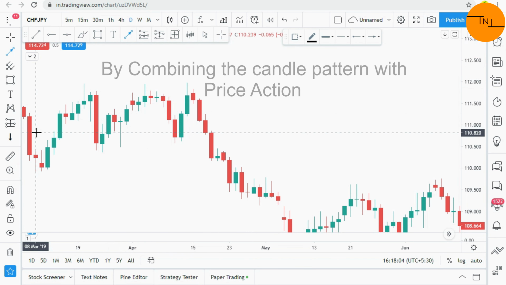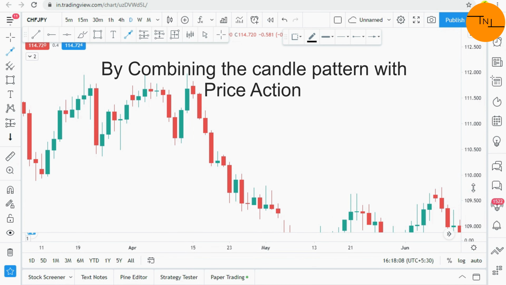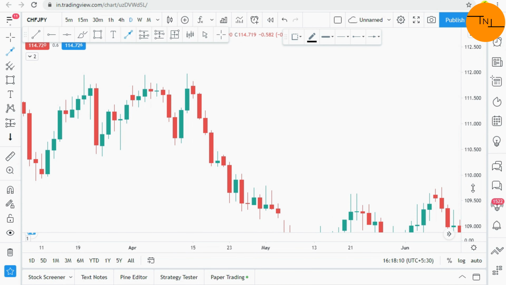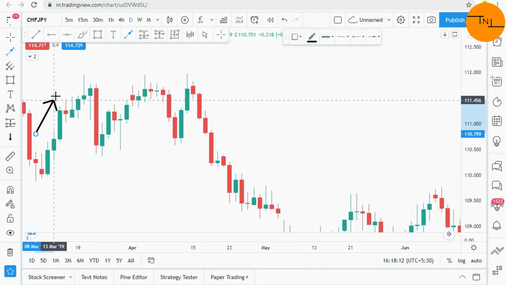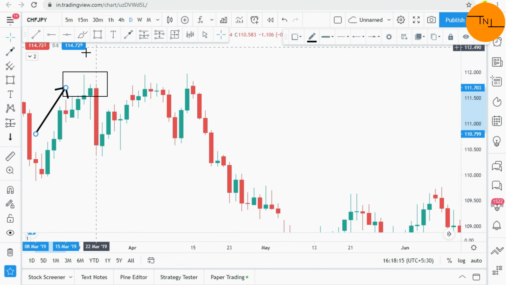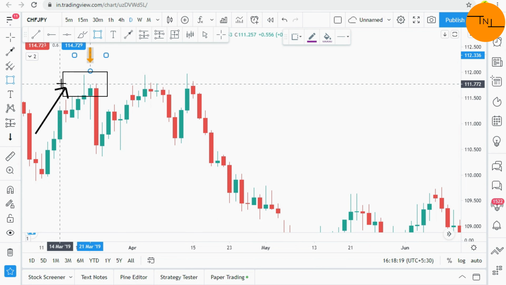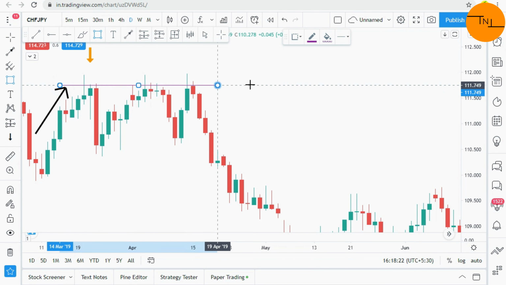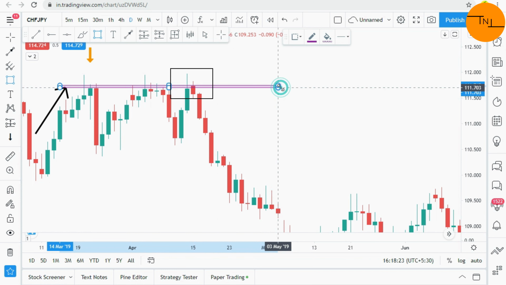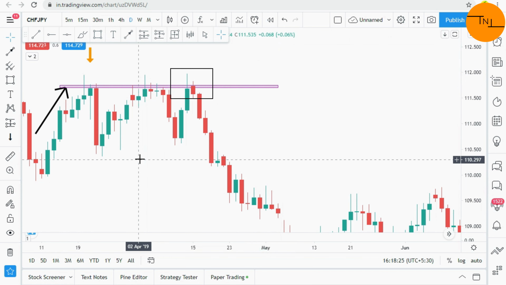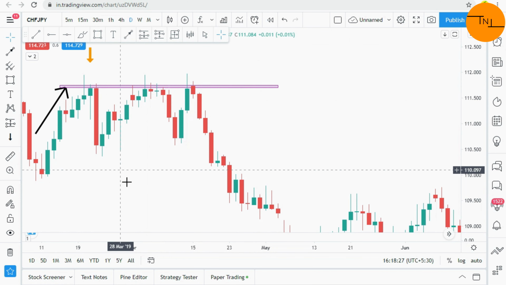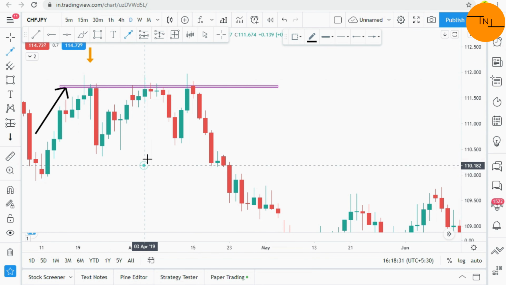By combining this candle type and price action, we can take positions. Again, we look left, notice the price come up to this level, hit and reversed, giving us a good level of resistance. So we draw that in. Then price came back up to this level. We have no idea whether there will be a trading opportunity or not. So we wait for price action to form at the key level.